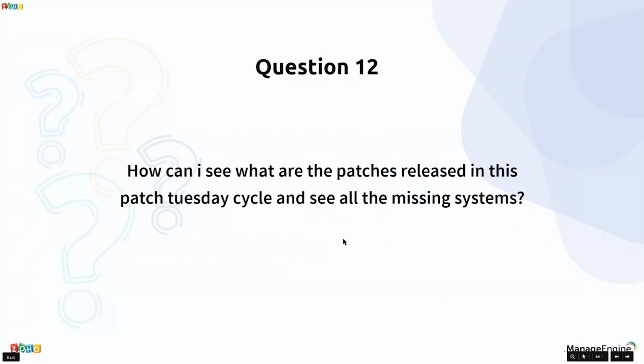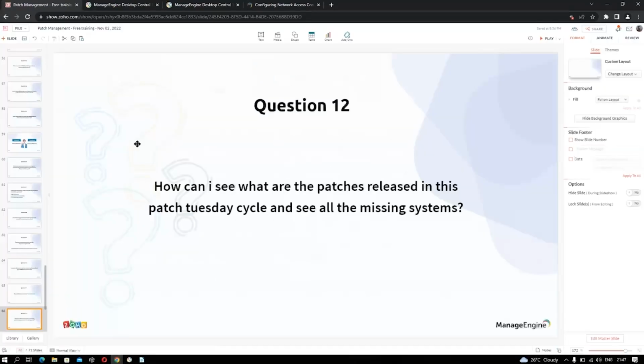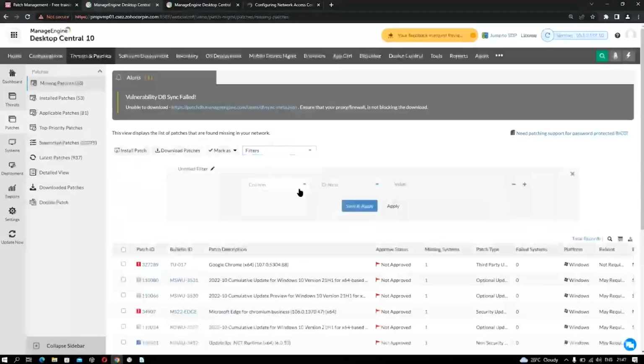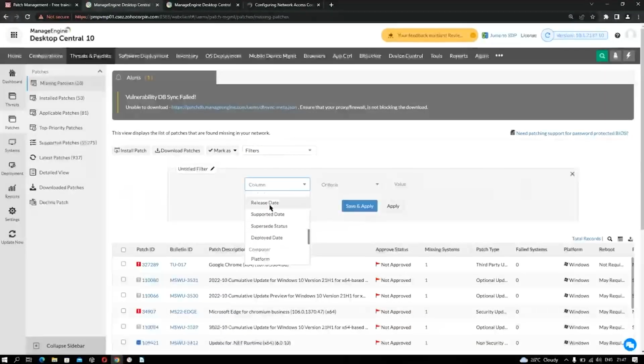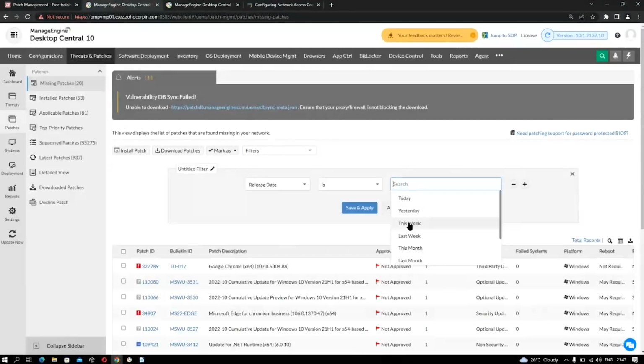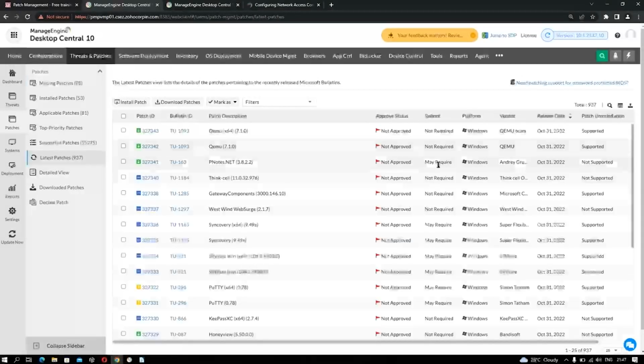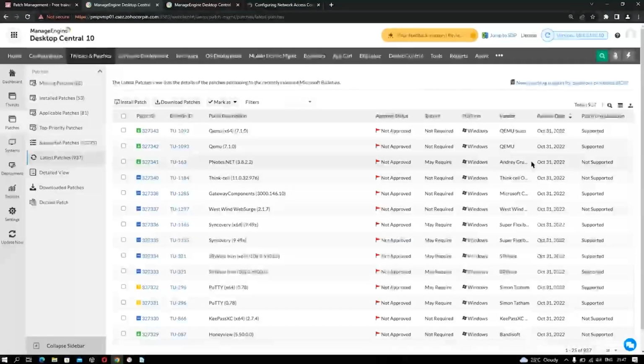Now, how can I see what patches were released in the recent Patch Tuesday cycle and see all the missing systems? I hope you're aware, we saw the options in patch management. Under the missing patches, you can create a filter to view the latest updates. So based on the release time in the current month, the current week, or the current quarter, you can see all the patches that have been released and on how many systems they are currently required. And you can also get the information from the Threats and Patches, Latest Patches view, to see all the information about the latest patches that are released from the vendor. Going back to the presentation,